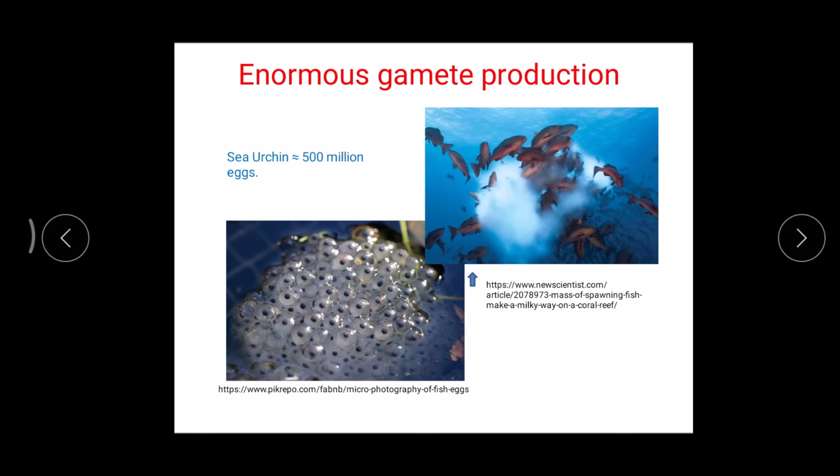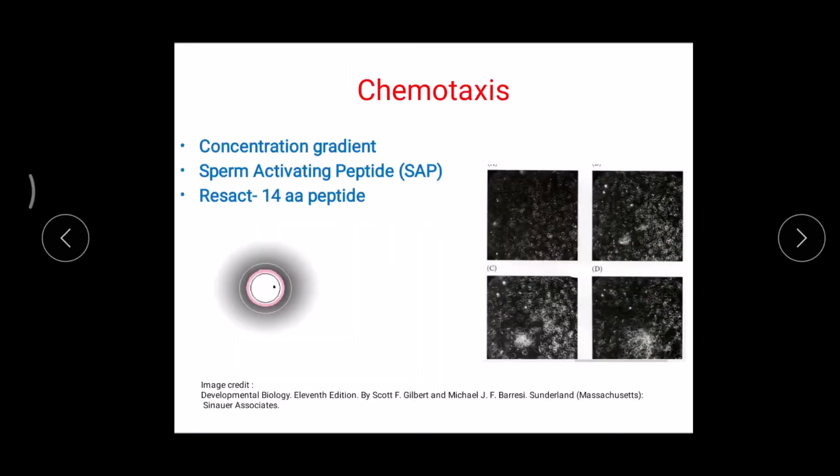These two problems are solved in a very unique way. First, the problem of dilution is tackled by producing gametes in very high numbers so that it may compensate for the dilution factor. It means merely releasing one or two gametes is not sufficient, nor is spermatozoa in a very small amount. Besides that, these aquatic animals produce more than enough gametes, so that somehow they may manage to find their counterparts or the opposite gametes.